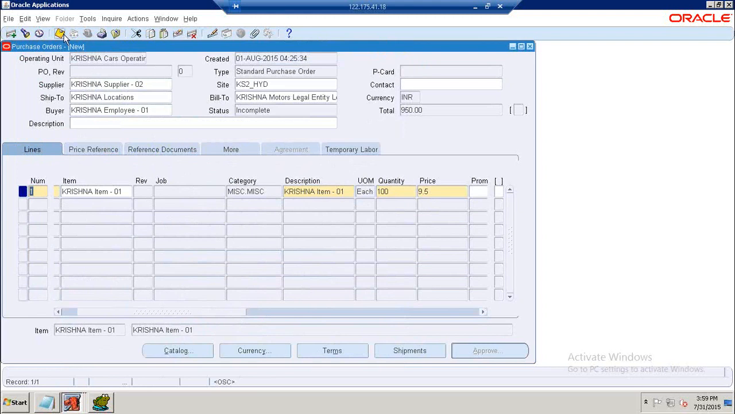Yes, now save the record and get the PO number. So how many sections are we specifying in this PO? How many levels? Header, lines, shipments, and distributions. Header, line, shipment, and distribution, right? Once it is completed,